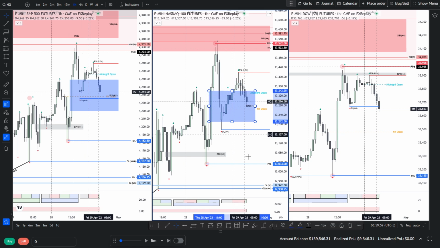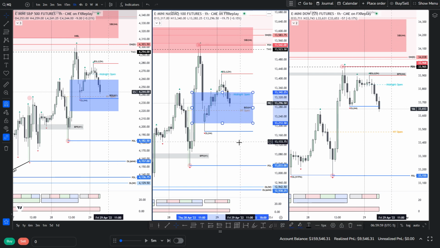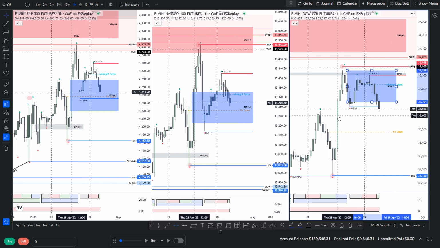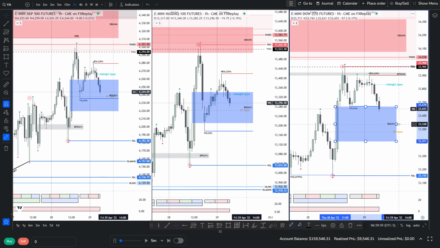It's quite a large one, but still important. Market traded all the way down to the lows of it, which was interesting. Want to take the same. Just goes to show how good that move was yesterday that we missed. What a shame.